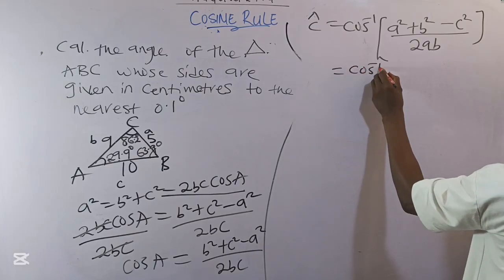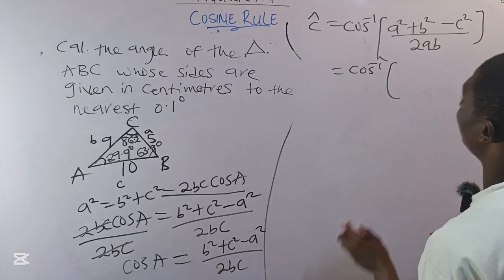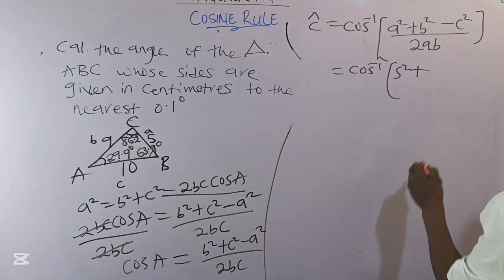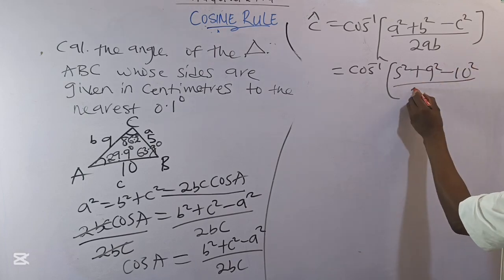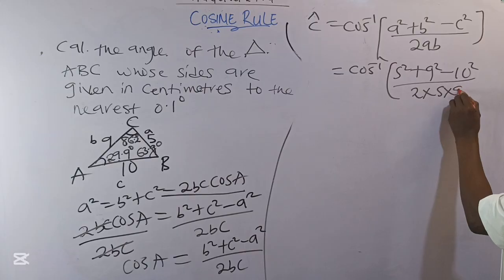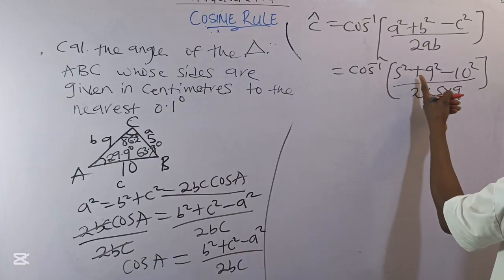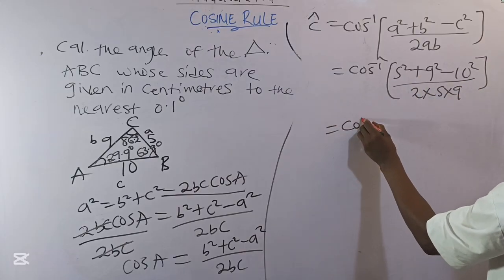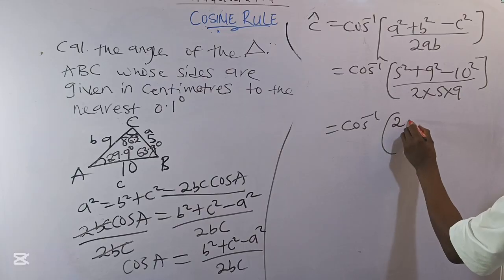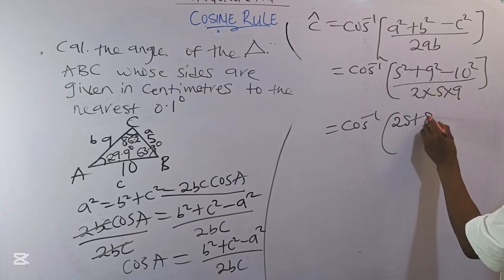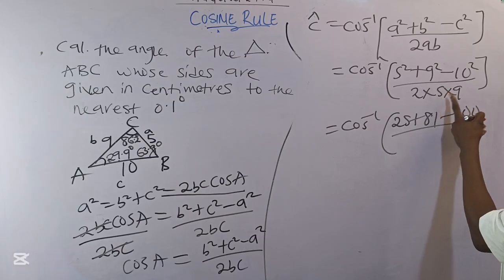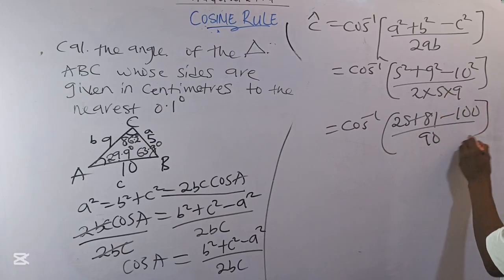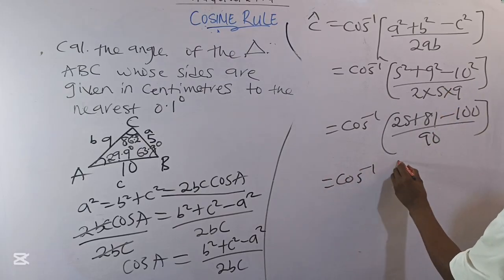So this will give me cos inverse of my A is 5. So I'll have 5 square plus my B is 9, 9 square minus 10 square all over 2 times 5 times 9. So this will give me cos inverse of 5 square is 25 plus 9 square is 81 minus 100 all over 2 times 5, 10, 10 times 9, 90. So I have cos inverse of